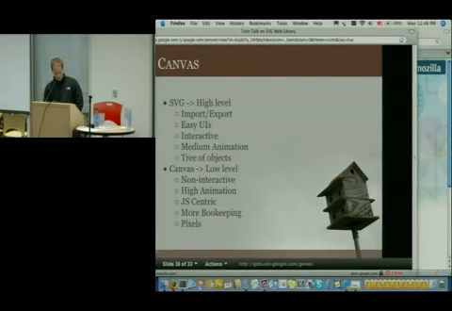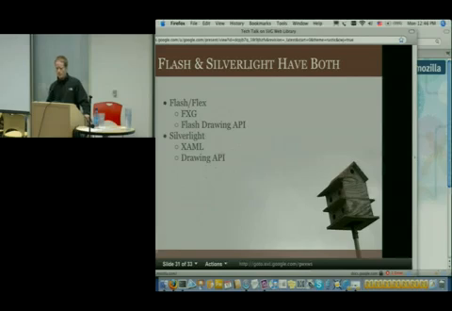And I want to say one thing that's really important is that both Flash and Silverlight have arrived at the fact that they need both, which is actually true. Sometimes in the open source world we can have GNOME versus KDE battles, or civil wars, but you actually need both.